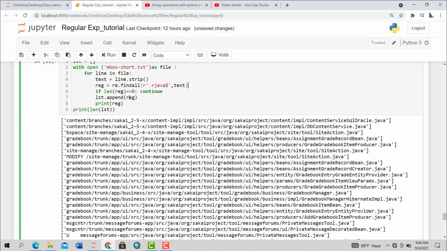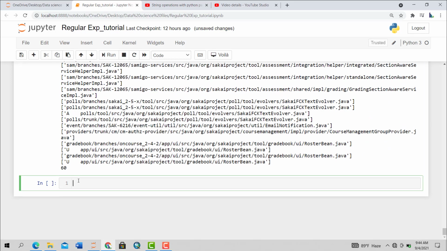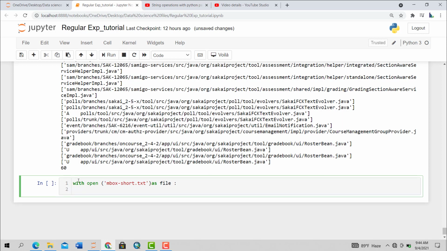Now what? Now you're not going to use that for loop anymore. Just let's copy this one. Let's say I want to extract all those mails starting with from. Okay, so text, what was that? It was file dot